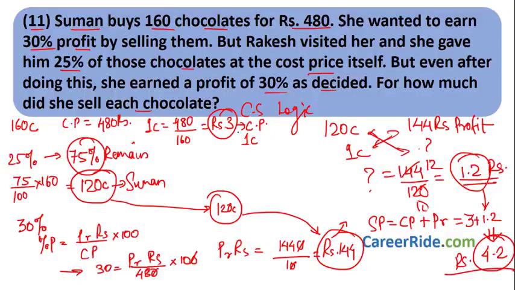Very easy. By following the logic, the sum and simple formulas, you just need to remember this formula, and there are 4 formulas. Out of that, just remember 2 of them and you will be able to find the other 2 formulas, and you will be able to solve any sum related to profit and loss.